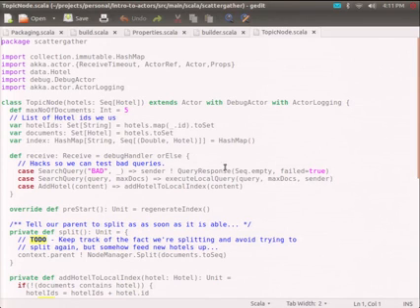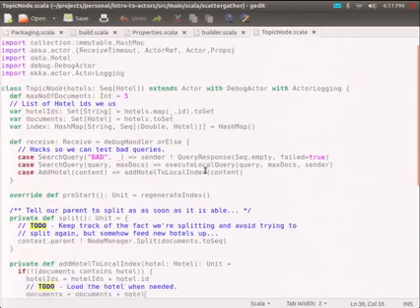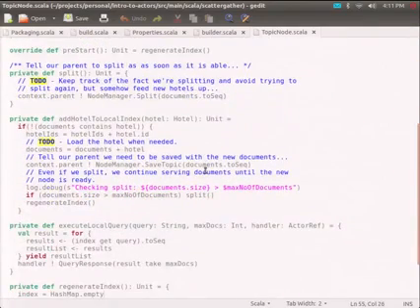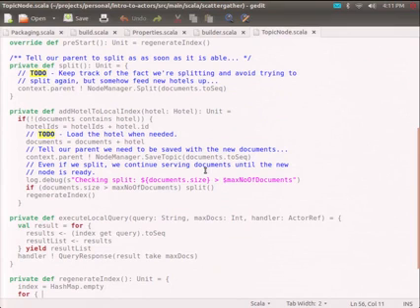Add hotel to local search index. These kind of things are kind of unimportant details. They're just how it operates. But the execute local query is interesting. When we get a query string, we grab the results out of our local index. Okay, this is just classic Scala. If it looks like magic, it kind of is. But yeah, I'm grabbing the results out of my local index. For all of the results in this list, I'm going to yield them into a new result.